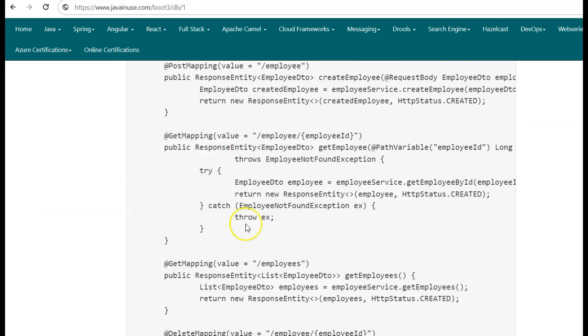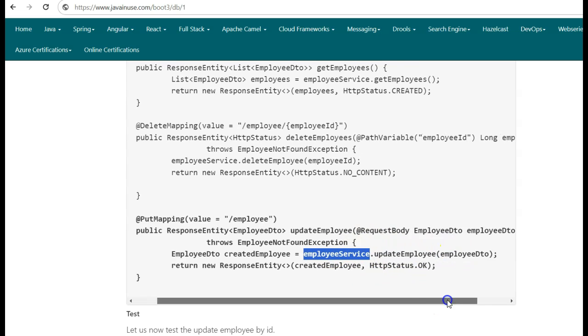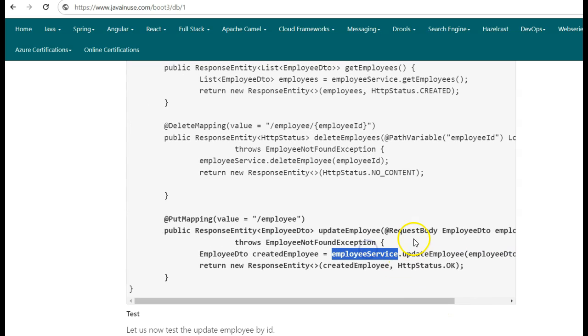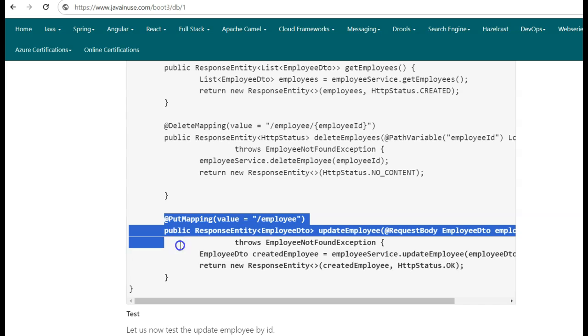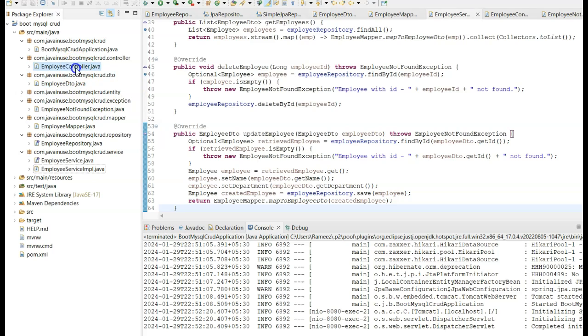Finally, we'll be modifying the employee controller class to create a new method named updateEmployee, which we'll be exposing as a REST endpoint using the PutMapping annotation and the URL /employee. So in the body of this put call, we'll be passing the employee details which are to be updated. Next, inside this method, we'll be calling the updateEmployee method of the employee service, to which we pass the employee DTO object. So using the employee service, the MySQL record corresponding to this employee DTO object will be updated and it will return the updated employee information. This updated employee information is returned back to the user along with the HttpStatus.OK code. So let us modify the employee controller class to add this updateEmployee method. Go to Eclipse, go to the controller class.